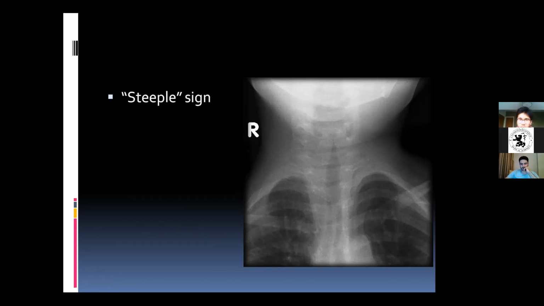What is it? What are we talking about when we're talking about the steeple sign? Yeah, it is true for tracheoma. Yes, that's correct. It is croup. Okay, it is definitely a croup. Now, what is it? Does everyone know what croup is? Just before we carry on, I'll get back to you on why I think that this is not just